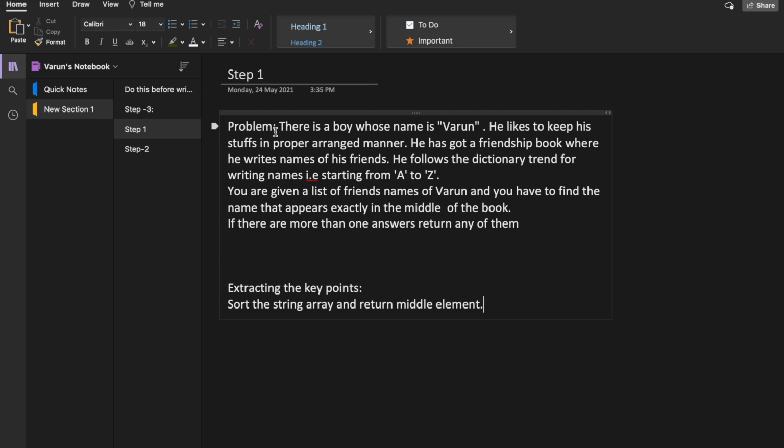Like in a dictionary, the first word is from A, then it's from B and everything. So he writes names in his friendship book in that manner. You are basically given an array of strings where each index represents the name of one of his friends. Your task is to find the name which appears in the middle of that book. Let's say Varun has 5 friends. So he has written all his 5 friends' names in his friendship book. What we are required to do is to find the name